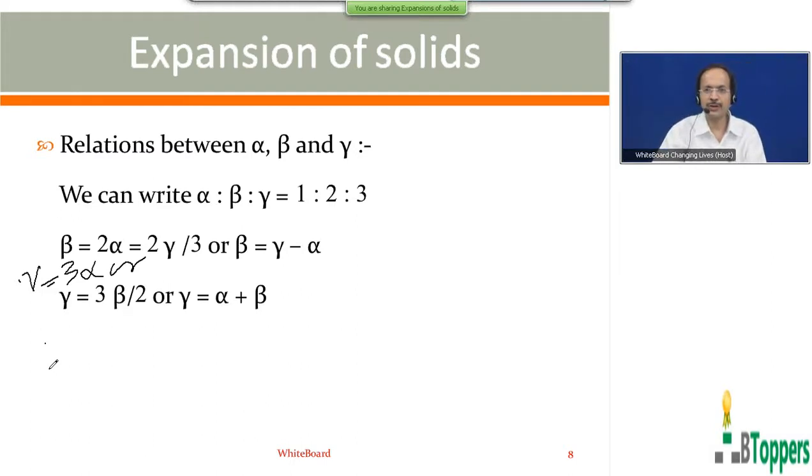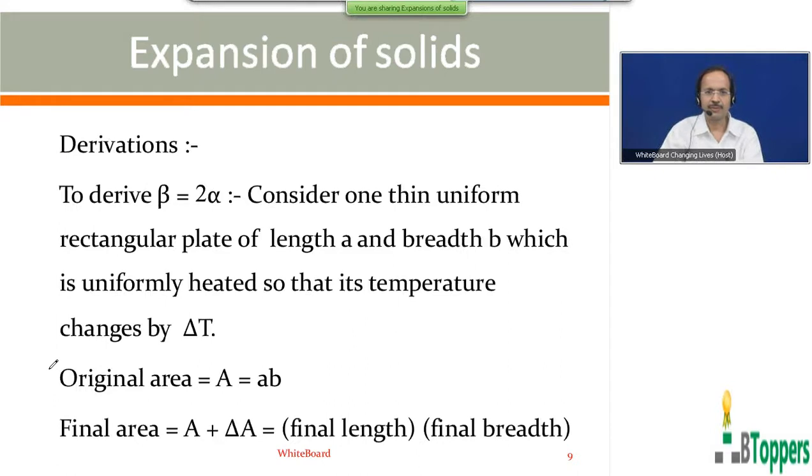So next I am going to show you the notes for the derivations beta equal to alpha and gamma equal to 3 alpha, which are needed for the preparation of your board examinations. Look at the notes here. Those who want to copy the notes can take a pause and copy them. Let me derive beta equal to alpha. I am going to read out the notes which I am showing on the screen.